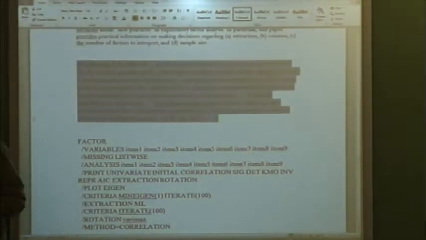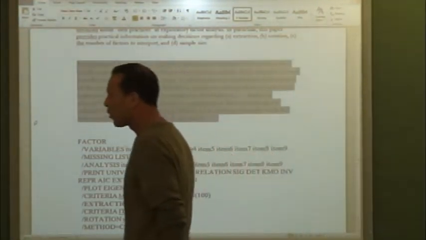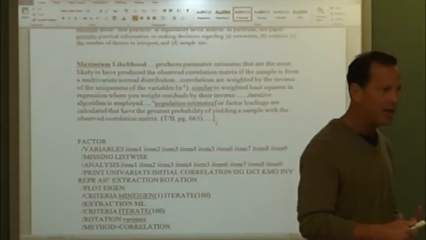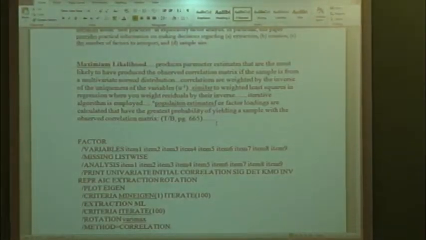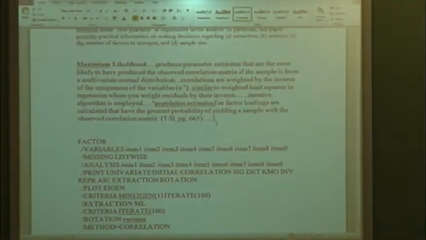Another one, which one of your colleagues, one of your students is proposing for a dissertation, which I don't feel she has enough justification yet, so I think she needs to understand, is maximum likelihood. This produces estimates that are most likely to produce the observed correlation matrix. In other words, maximum likelihood, which is the black box for logistic regression, it's the black box for structural equation modeling, it's the black box for multi-level modeling, basically produces parameter estimates, which could be means, covariances, odds ratios, and those that are most likely to lead to the actual correlation matrix,